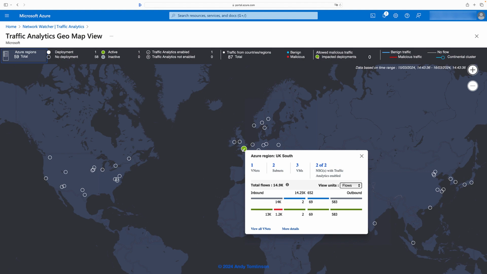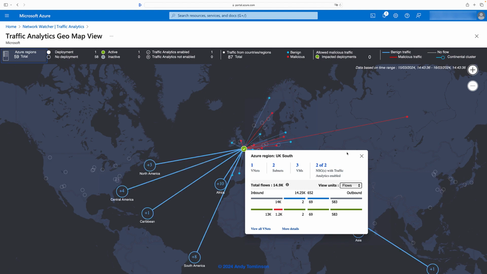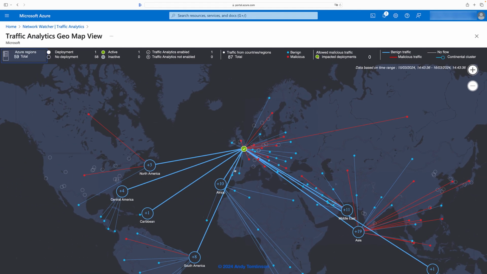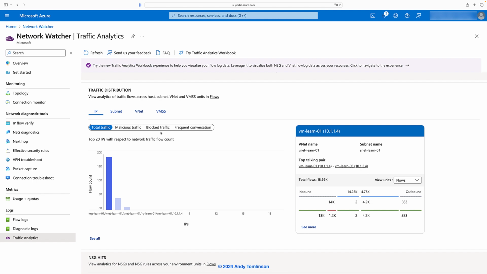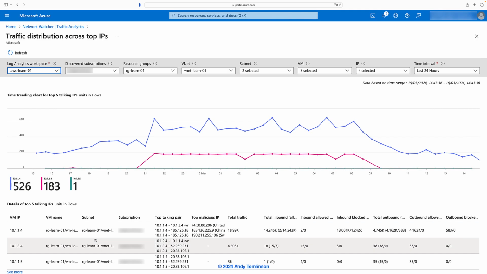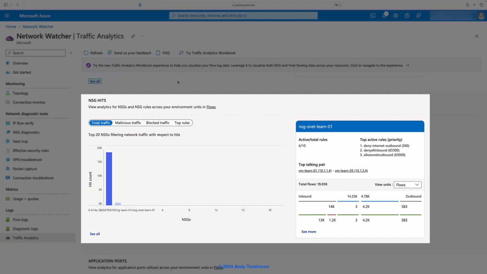If we select the region and then close the summary, we can see that the blue lines indicate flows which Azure considers to be benign, and the red lines indicate flows which Azure considers to be potentially malicious. If we close the map view, we can see a summary of the traffic distribution. We can then drill into more detail. Here we can see the distribution by top IP addresses. If we close the detail view, we can then see a summary of the network security group hits. We can also drill into more detail here,